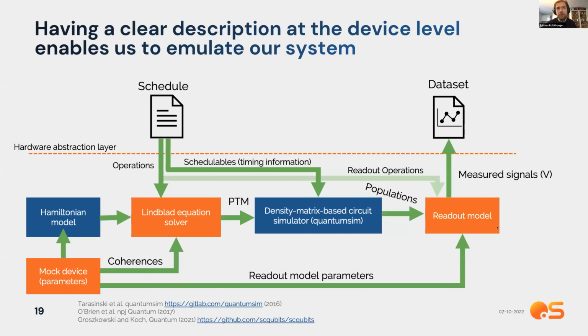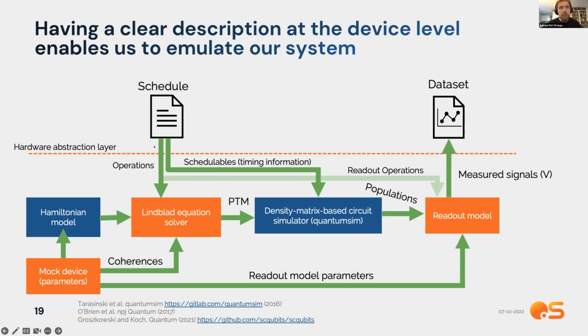What I'm showing you here is basically the components of the emulator that's built into part of our software libraries that are not public. But the basic idea is just to show you what components are in there. And I think by having this open source description of the schedule, containing all the information of what the signals are that we should apply to the quantum chip, that allows us to emulate this system. So we have here the same hardware abstraction layer we had before, but now instead of putting this to physical hardware, we put it to an emulator.